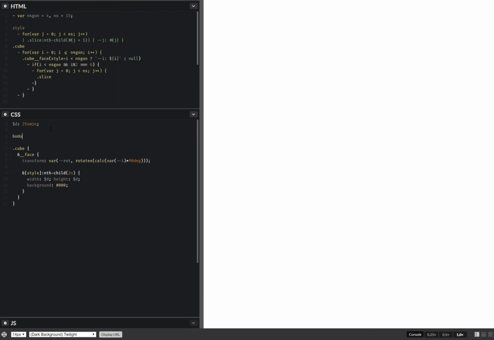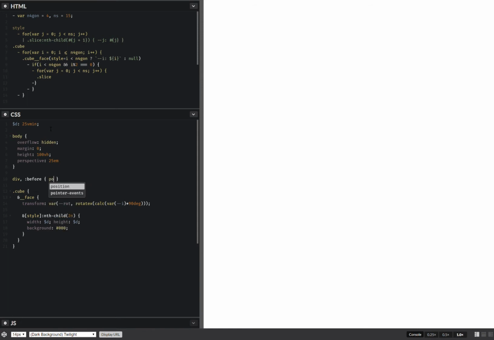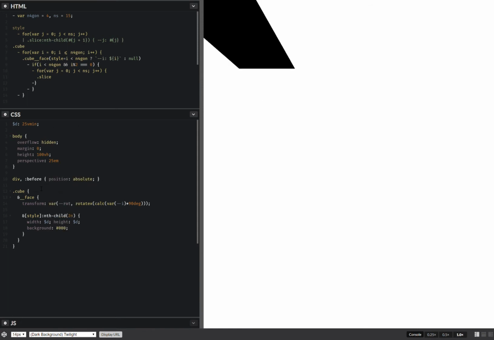Now for the body, I want to set margin 0, height, make it full height. Okay, let's also set overflow hidden. A perspective, let's say, make it exaggerated for now. The next thing I want to do is for all div elements and all before, I want to set position absolute, and for the cube I want,